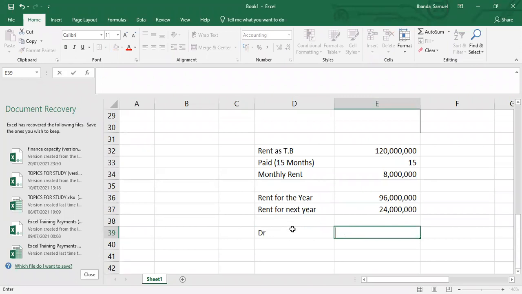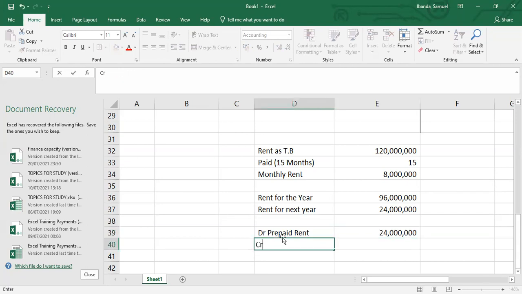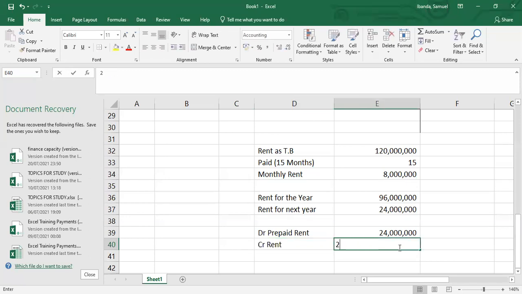we shall debit our prepaid rent with 24 million. Sorry, this is 24 million. And we shall credit our rent with